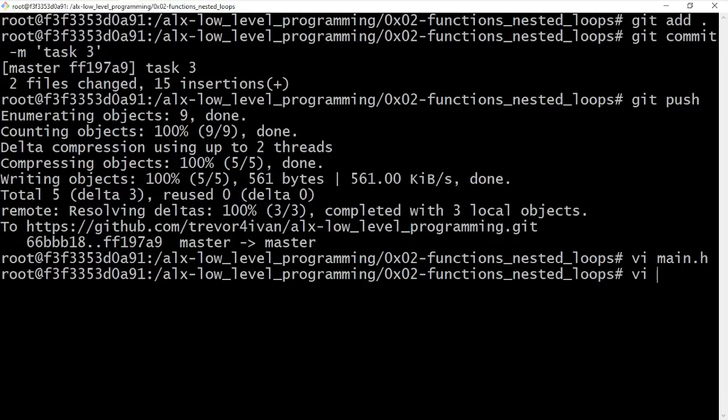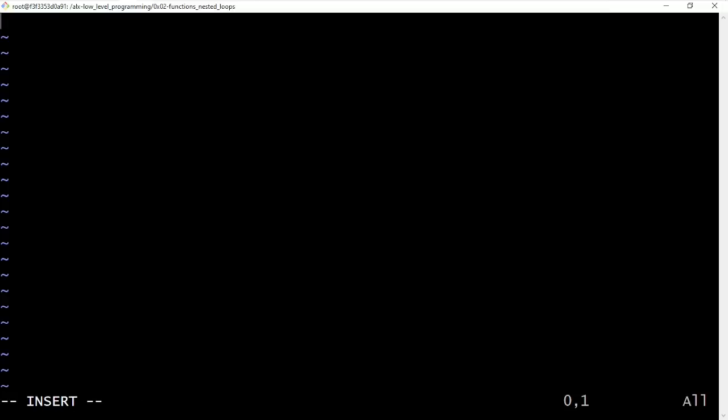Now let's go to our task 4. So you saw what I did in my main.h there. I just added the prototype. You must add the prototype. Know that. So as usual,